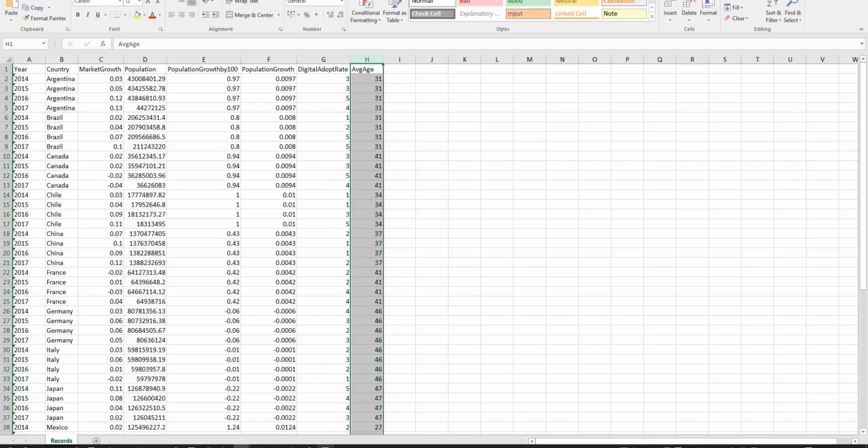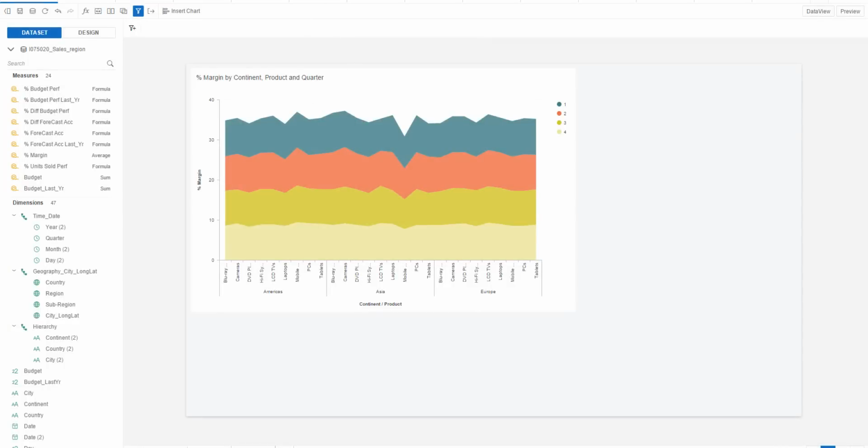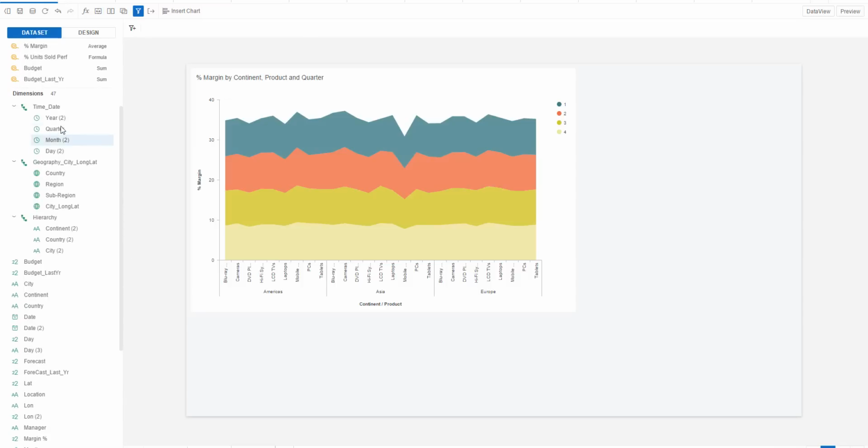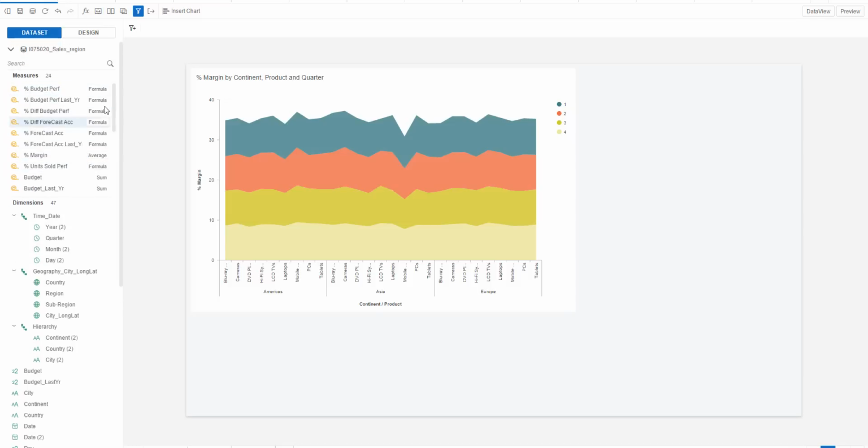So I started from within Lumira 2.0 Discovery, which you see over here. So I called it input to sales DB. And one of the first lessons I learned, you will see that I hardly did any fine tuning over here. I just brought in the data. I enriched it with a number of hierarchies that I could reuse. There are some groupings here and there. I made a number of formulas that I wanted to test whether they were reused in Designer well. And I made a number of different